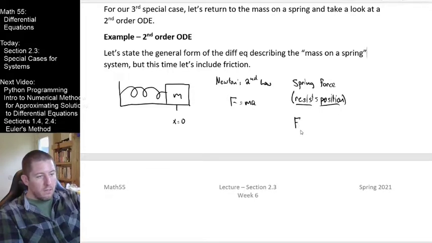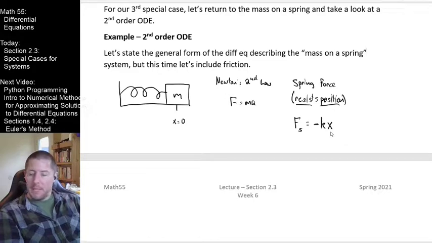So the force for the spring resists positive position, x. The strength of the spring will be described by some spring force constant, k. Right? It resists, so it's negative, and position is x. We also have a friction force. And my question to you is, using the words that we just used,